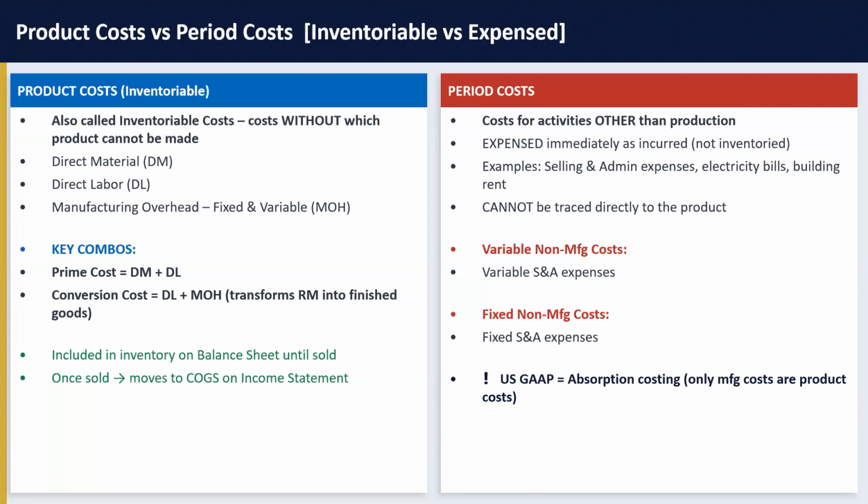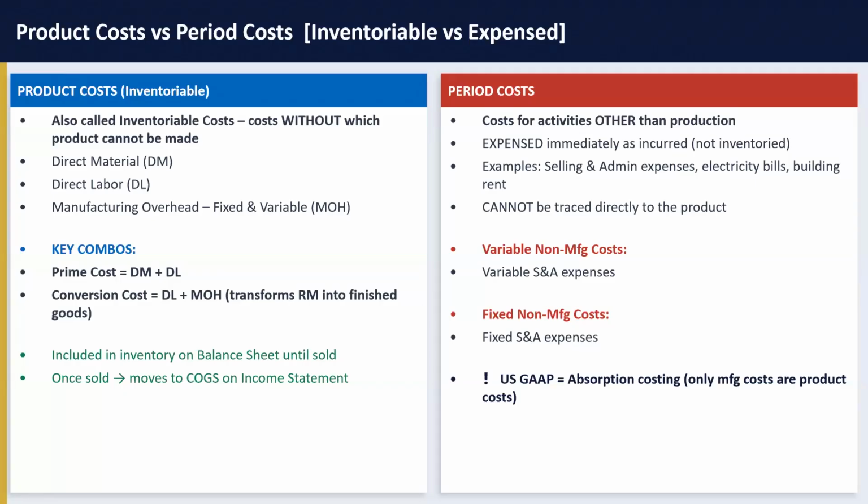So next up, we have the period costs. So what are these period costs? These are also costs that are incurred in the act of manufacturing itself, but they are not so important for us. They just support us in manufacturing the products, but they do not become part of the final product. So what are period costs in the sense? Costs for activities other than production. Let us say, for example, in the manufacturing unit, you require electricity and drinking water. All these are essential requirements for us,